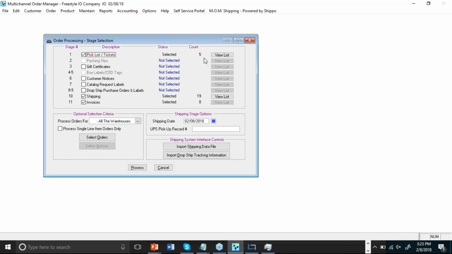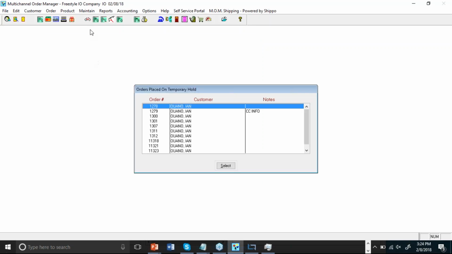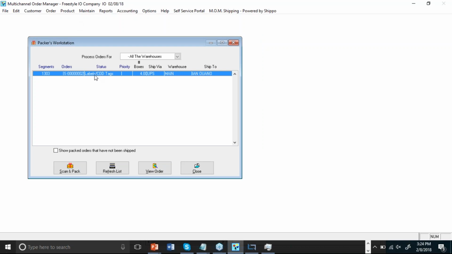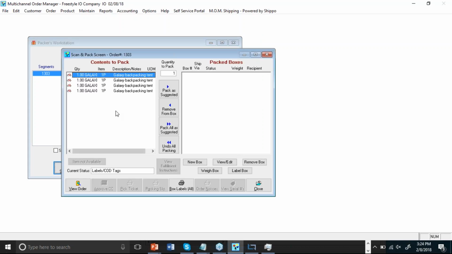You would then be able to process. If you have 5 orders come in, you would be picking them. You can run it in batches. You can also run it individually using our Packer Workstation that looks something like this, where you can actually confirm